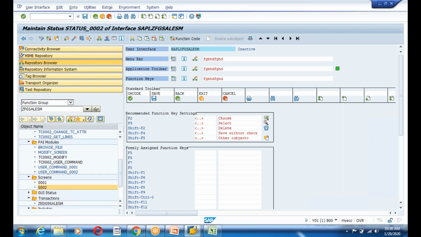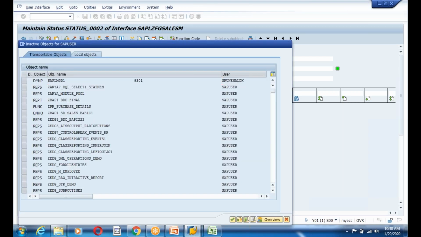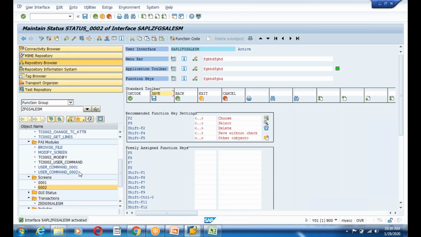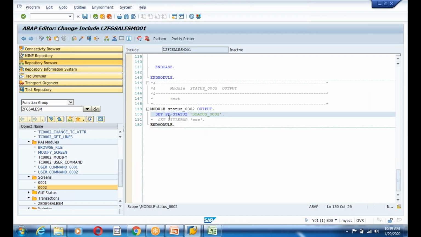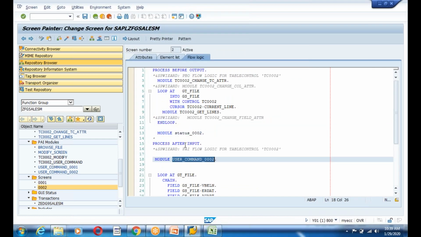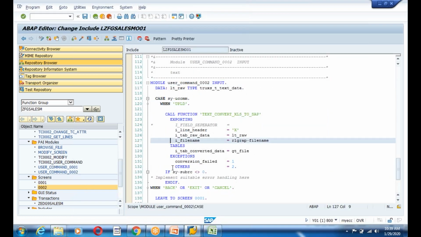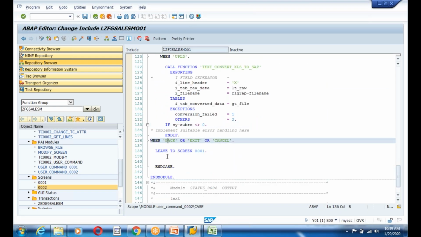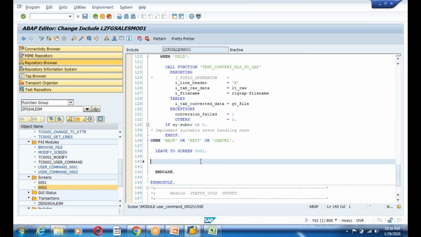I'm going to do the save functionality now. Enter. And go to the go back. So the user command, we are going to write under the PAI user command. And when it is upload, you need to upload it. And when it is back, you need to go back. And when it is saved,